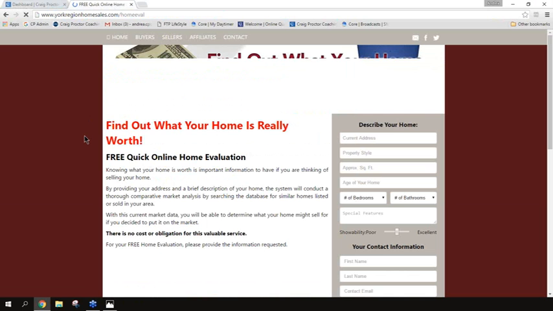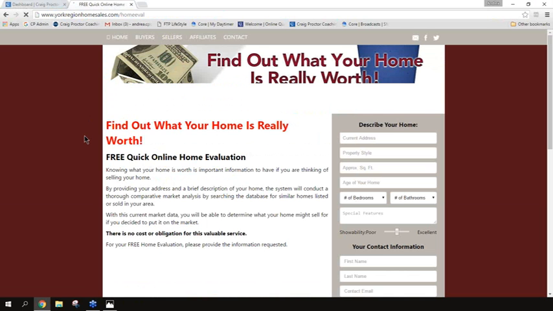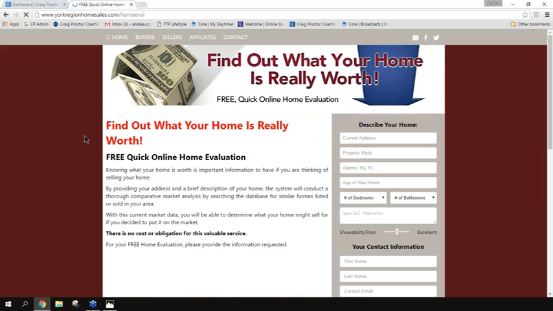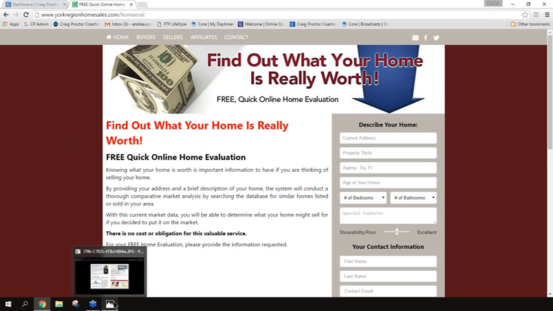In your case, all that's going to happen is when they give information about their property and they hit submit, they're going to receive a pop-up that says, your information is being processed. You will receive it within the next 24 hours. Check your email inbox in the next 24 hours for this information. And then since you don't have IDX, you have to pull off an area home sales report of the recent homes that have sold and email them to the prospect.